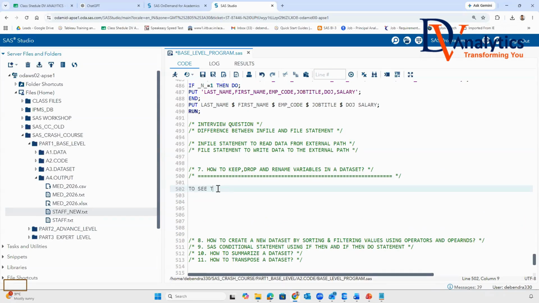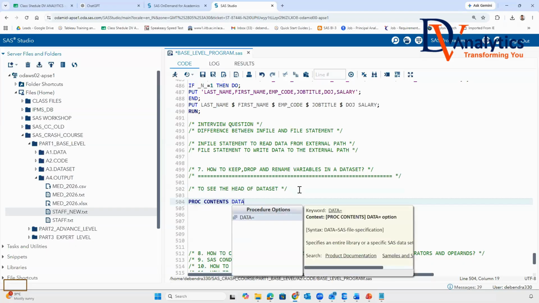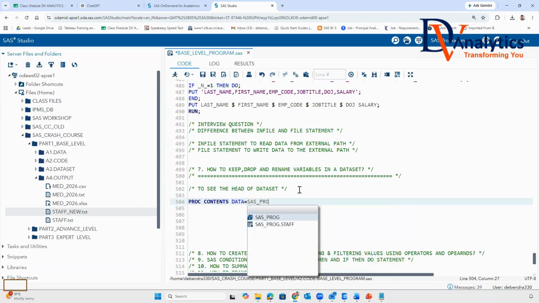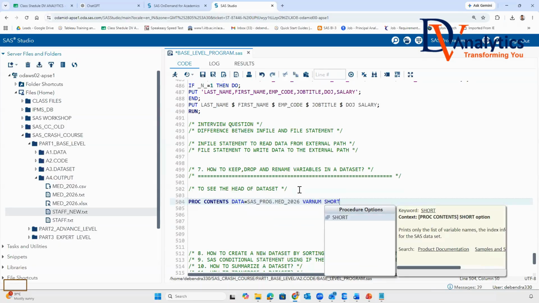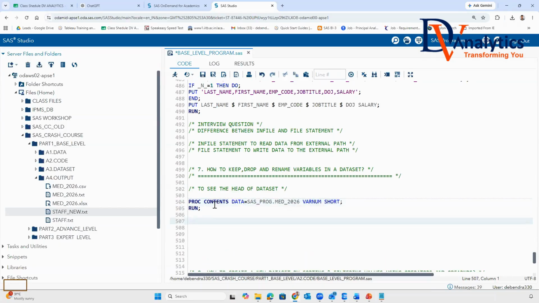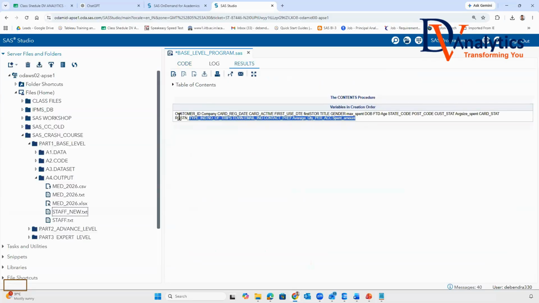to see the header of dataset, what we do, guys, here, we write proc contents data is equal to SAS_prog.made_2026 random with short answer, run. If you run this query, you see the variable list is coming for you.